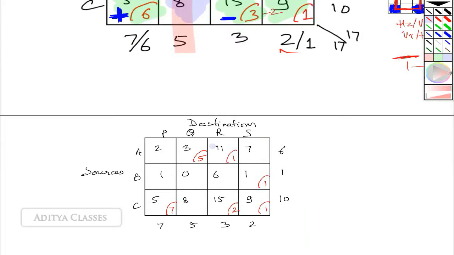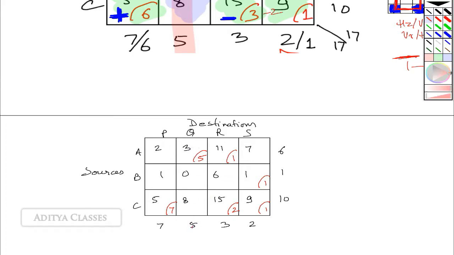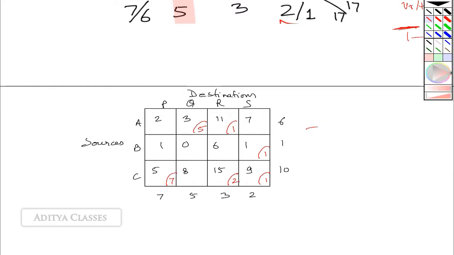1, 2 and 7. Let me check the feasibility. 5 and 1 is 6. 1 unit is 1. 7 and 2, 9 and 1, 10. Done. All these are balanced. Then 7, 5, 3 and 2. Everything is balanced. Perfect. What about the total cost